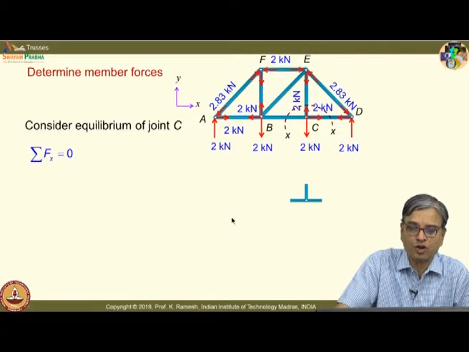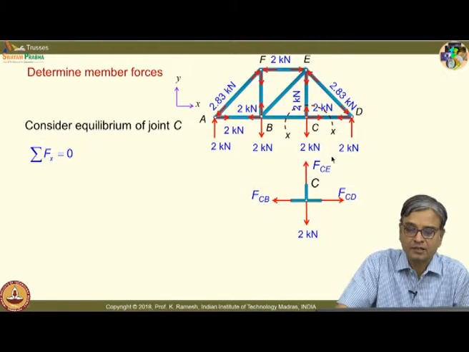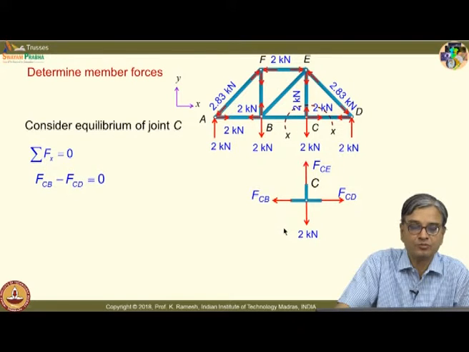Indicate the forces that you do not know. In an arbitrary direction, we take it away from the joint. I know the force FCE. I have already determined what is FCD. I do not know what force FCB is. It is very easy to calculate. FCB minus FCD equal to 0. So, I get this as 2 kilonewton, and you know very well that is away from the joint. So, this is under tension, and I have also indicated it on the truss, and FCB is 2 kilonewton tension,